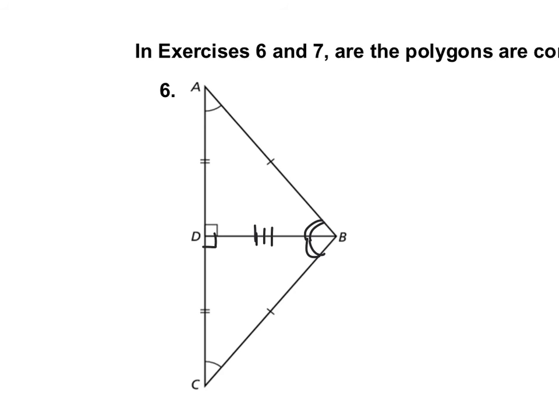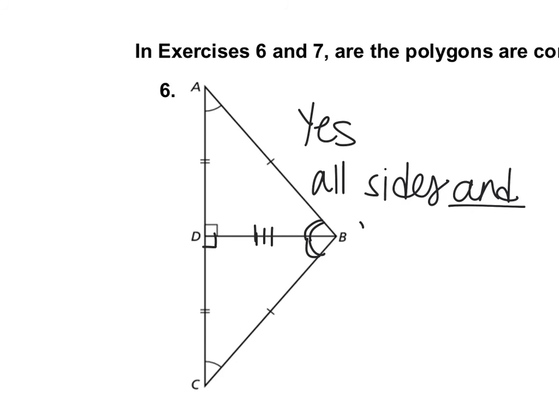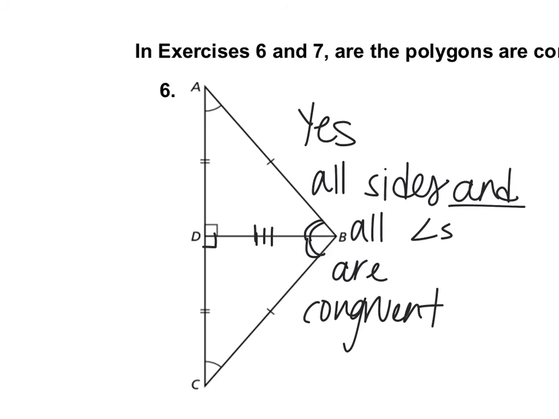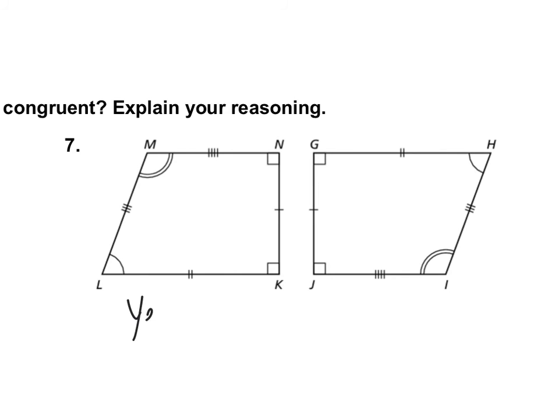Are these 2 triangles congruent? Certainly. Yes, because all the sides and all the angles are congruent. Since you have all the sides and angles, then you can say that the shapes are congruent. All corresponding